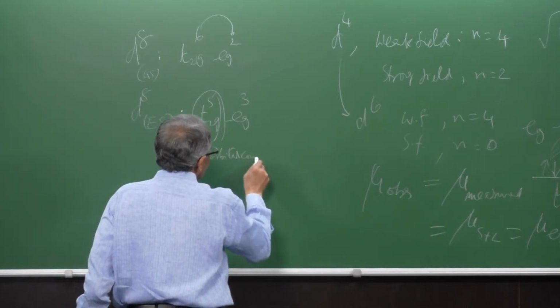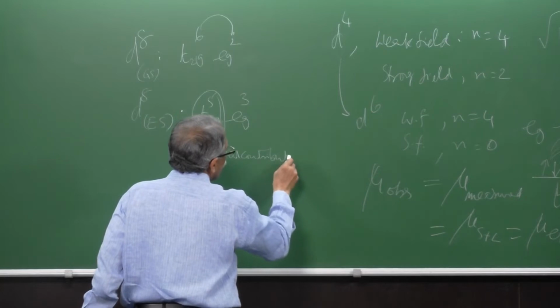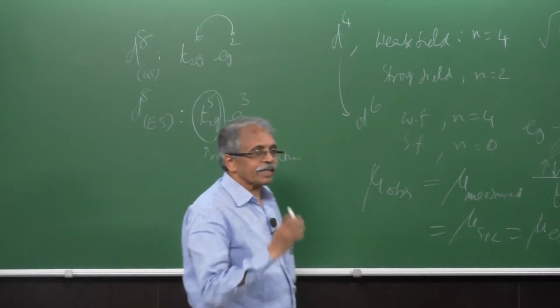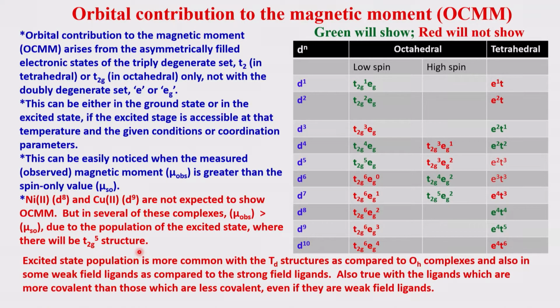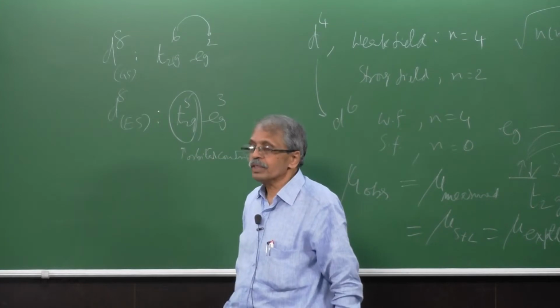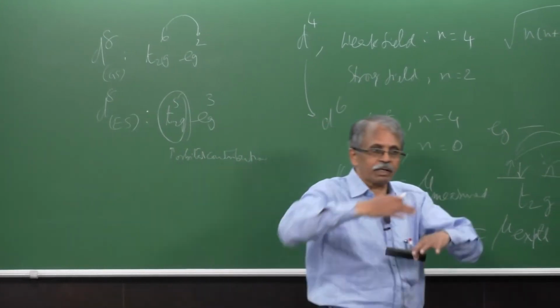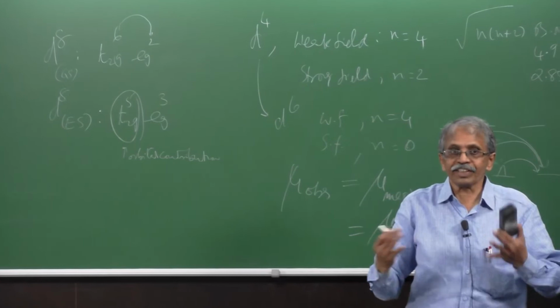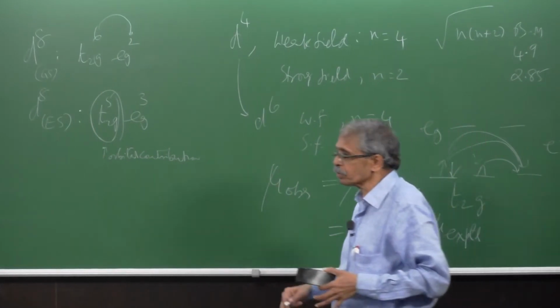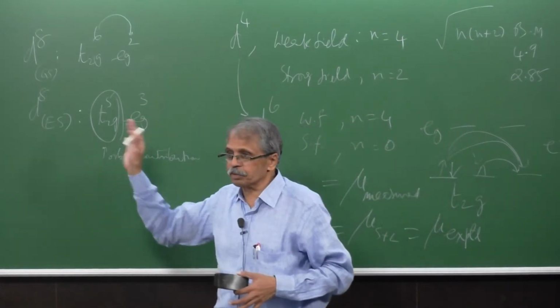If you have the orbital contribution, your total measured value can be greater than the spin only value. So that means in the ground state it will not show, but in the excited state it will show. The excited state can be accessed depending upon whether the gap is smaller or the temperature is higher, many possibilities are there, but whatever it is, I have explained to you the concept